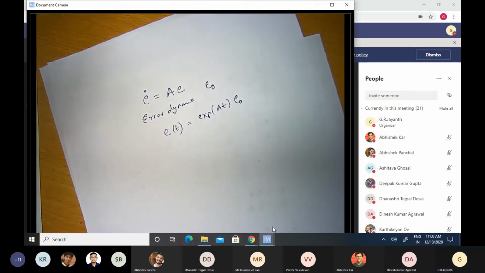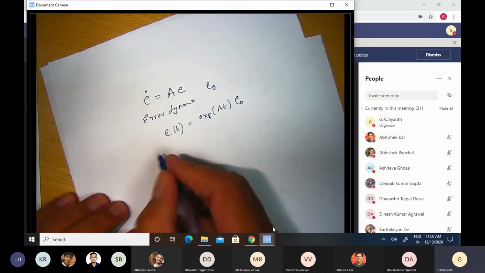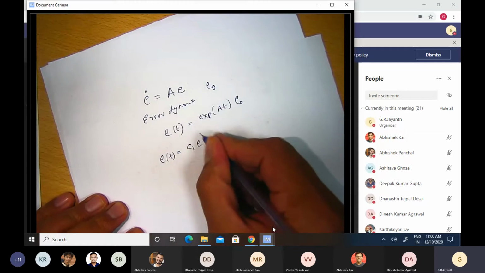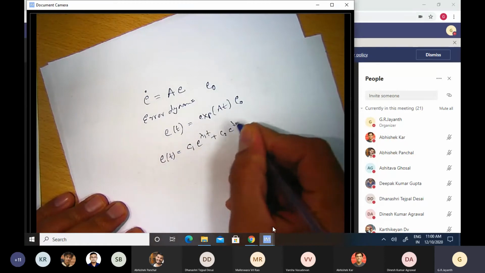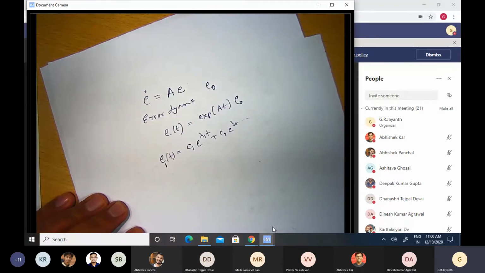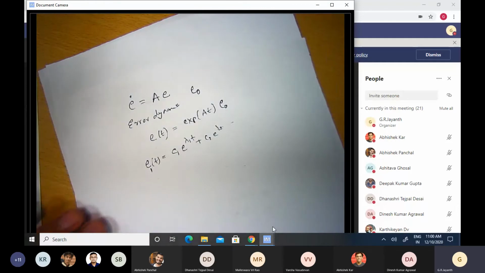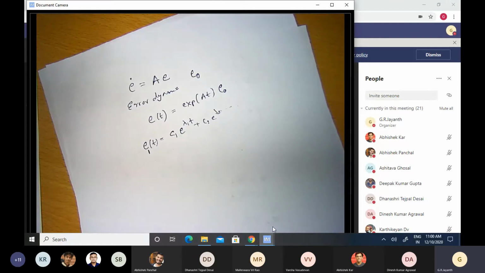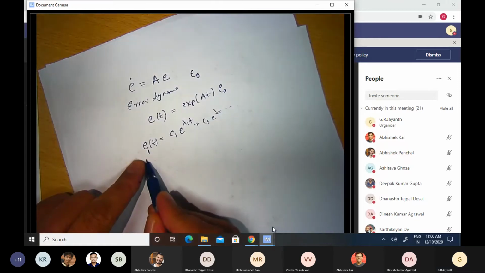Dynamic equation. So now you begin to appreciate why the stability or the lack thereof of my original 2R manipulator's linearized dynamics about its equilibrium point is so important. Okay, what I will have therefore is that error will, as I said, contain terms like C1 e to the power lambda 1t plus C2 e to the power lambda 2t and so on and so forth. Maybe let me just focus on the error in just one of the joint variables, E1 of t or some such thing. Okay, if any one of those lambdas has its real part greater than 0, what will happen to this error E1?